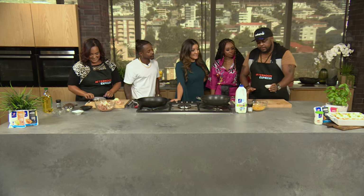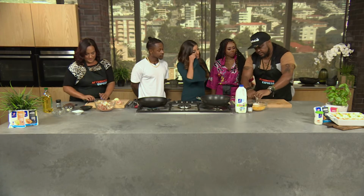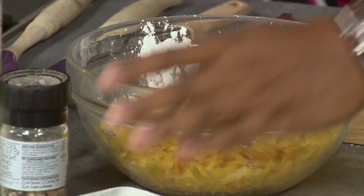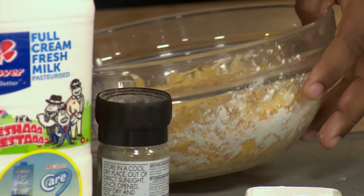Rather mix whatever your starch is. If it's flour, if it's maizena, if it's cornstarch, you mix it into your cheese first. People tend to throw it into a pan that is hot already with a cold sauce in there. And what that tends to do is cause your lumps. So first thing I did...